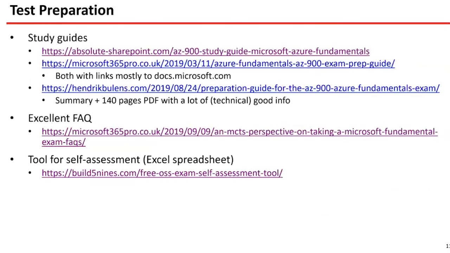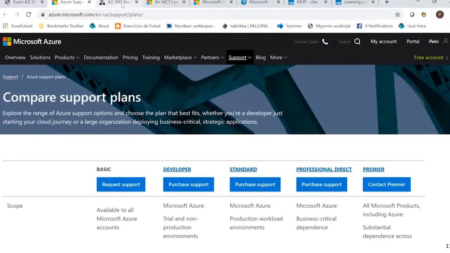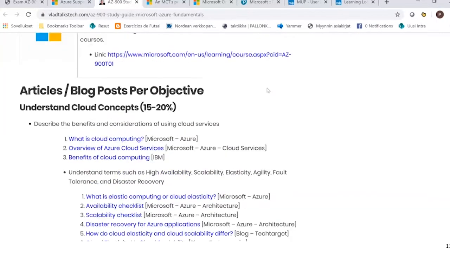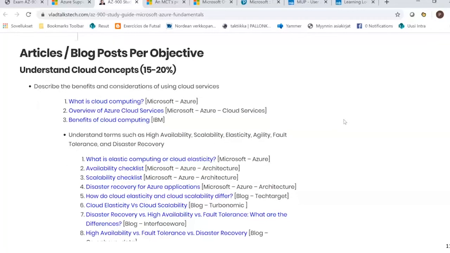There are a lot of good study guides that you can utilize when you are preparing or studying for this exam. I will show you one study guide, which I think is one of the best. This is a long page, but the content is the same as the skills measured listing.